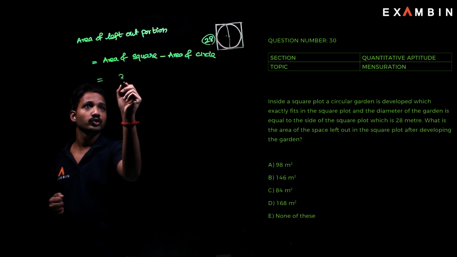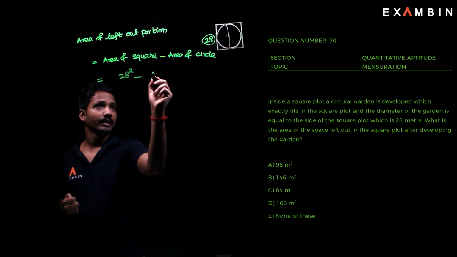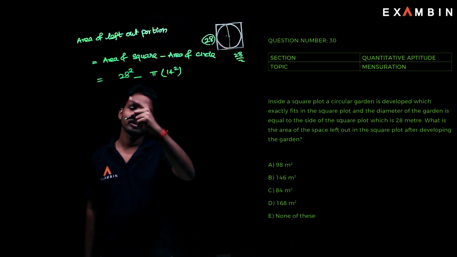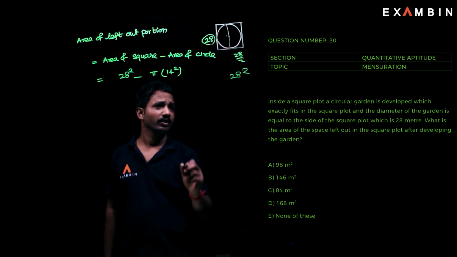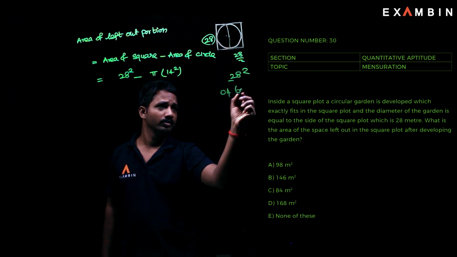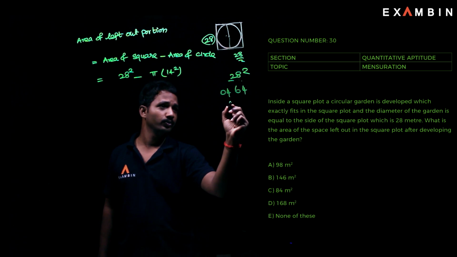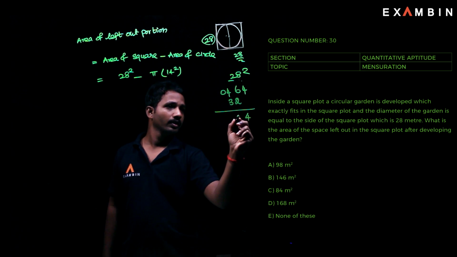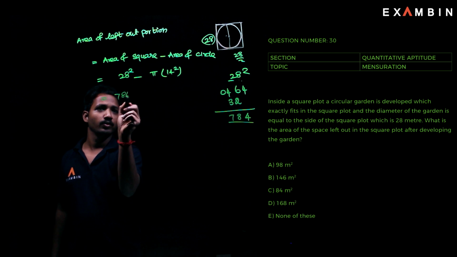So the side value is 28 squared minus pi r squared. I'm going to use a shortcut method to find the value of 28 squared. 2 squared is 4, 8 squared is 64, 2 into 2 into 8 is 32, so it is 784. 784 minus